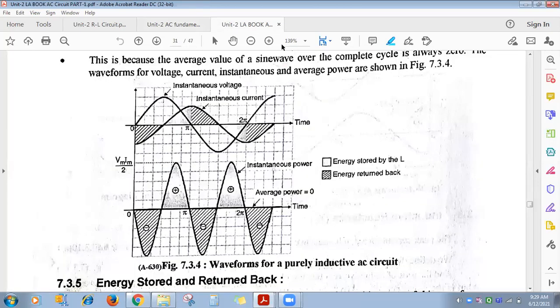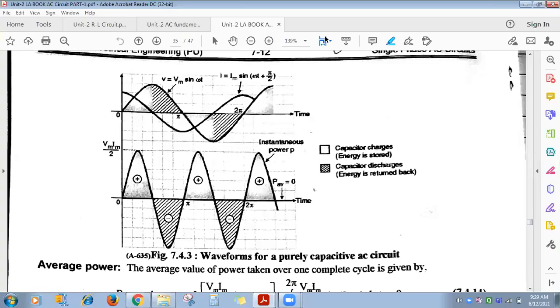We'll show you the waveforms. So see here, v of t, Vm sine of omega t is the voltage waveform. Okay, current leads voltage by 90 degree. Means the first positive peak of Vm occurs at 90 degree. So the first positive peak of current Im will occur at minus 90 degree.